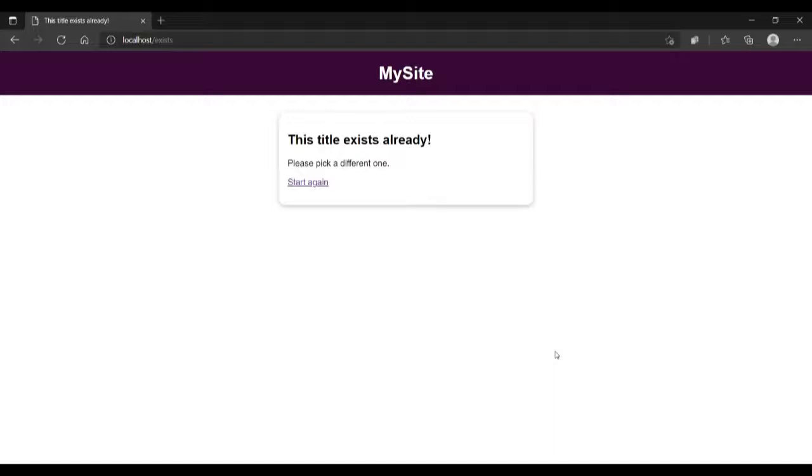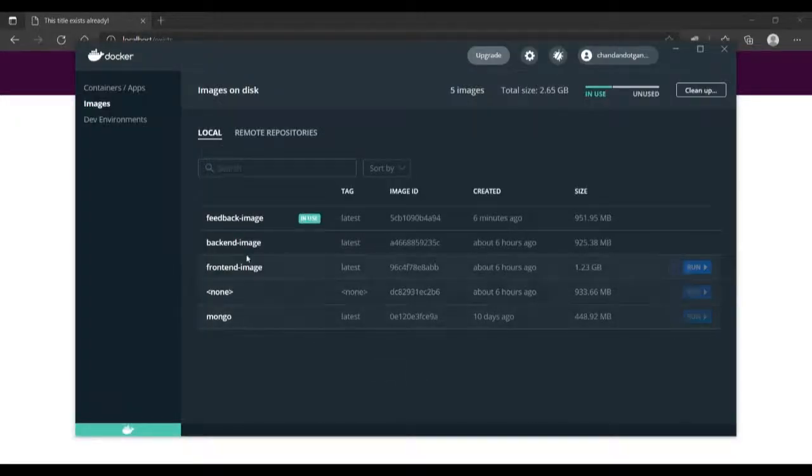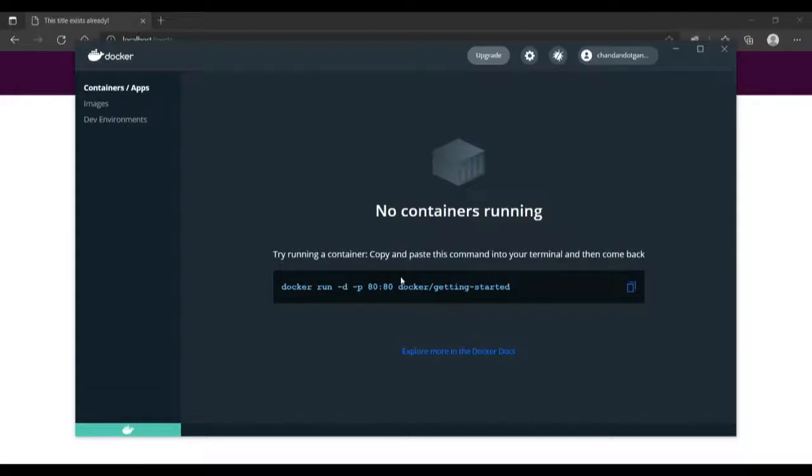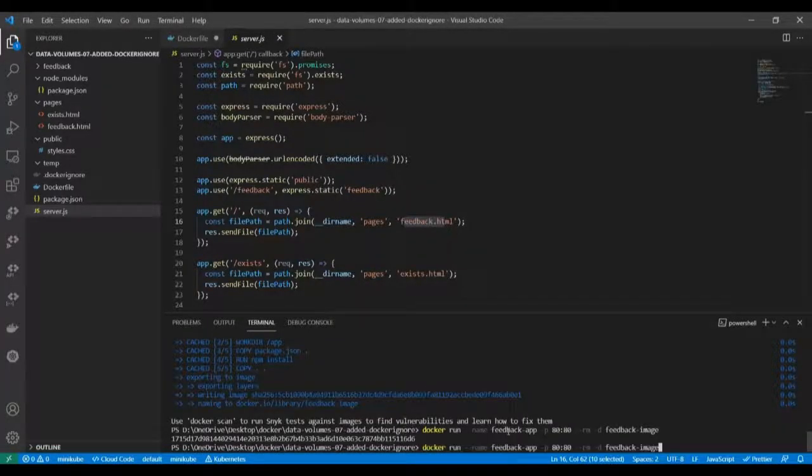Now let us come to the problem statement. Here we can see the container feedback app is running. Let me stop this container. As our container was destined to destroy itself when we stop it, for any reason we can stop it. Now we need to run it again.